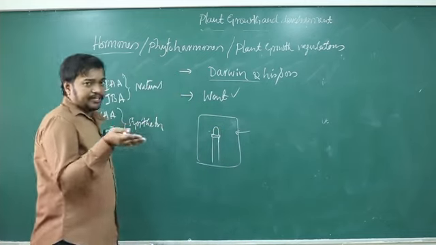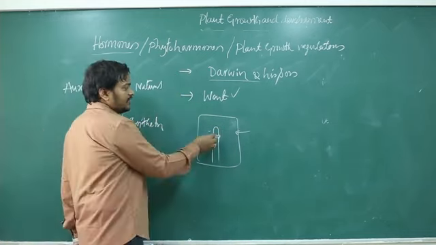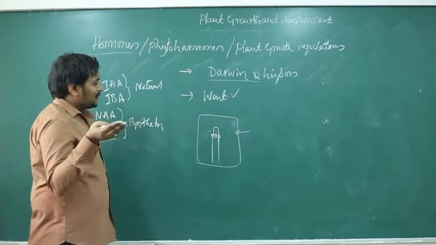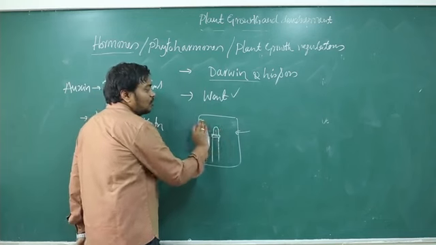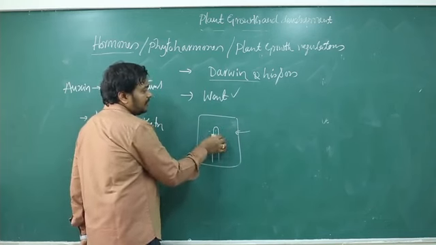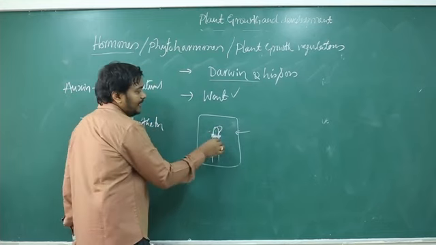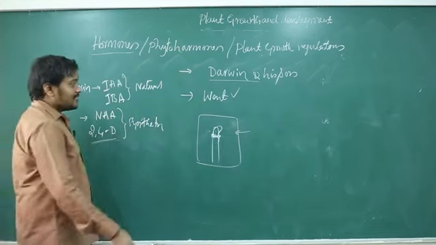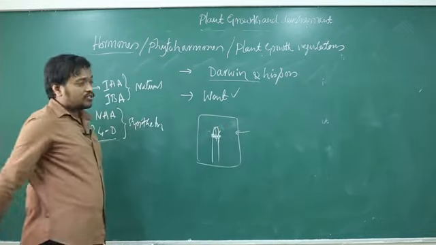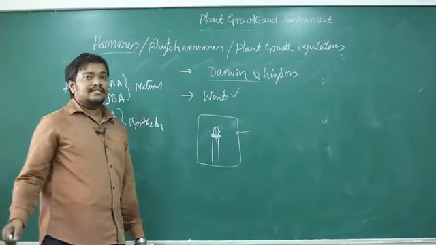one mica sheet. Okay, it does not allow any chemicals to pass through. That is a mica sheet, a kind of thin sheet. Okay, so when that mica sheet is placed, no bending is observed. When they placed an agar block, gradually it starts bending towards the light. So it indicates that the chemical produced in this tip is responsible for that bending. So later they isolated it and confirmed that this is auxin.